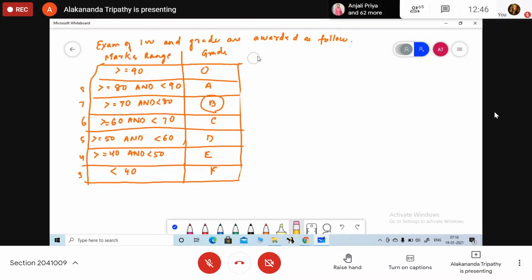Okay, so here I am going to input marks, then int grade is equal to marks divided by 10. Switch grade.